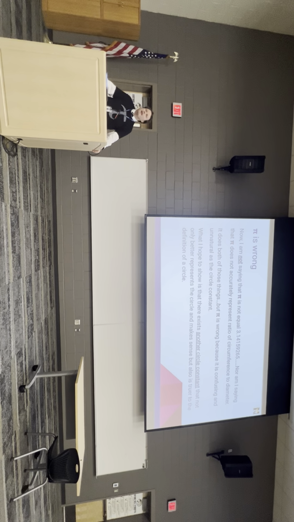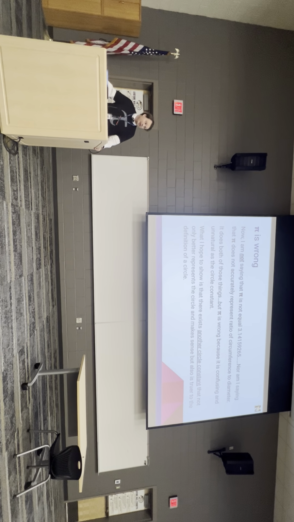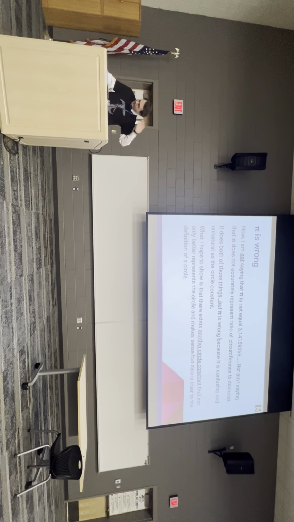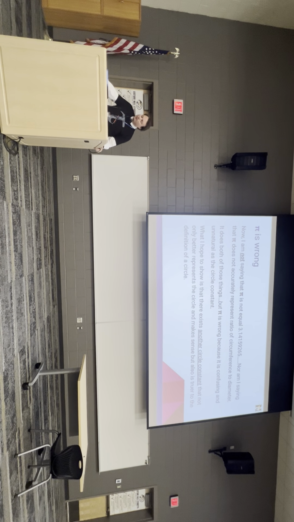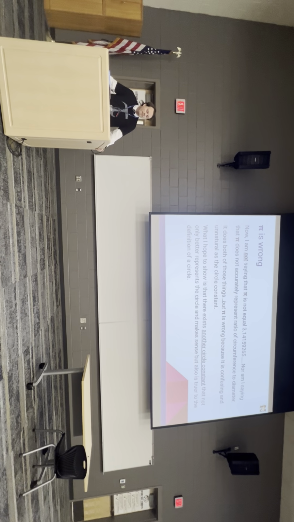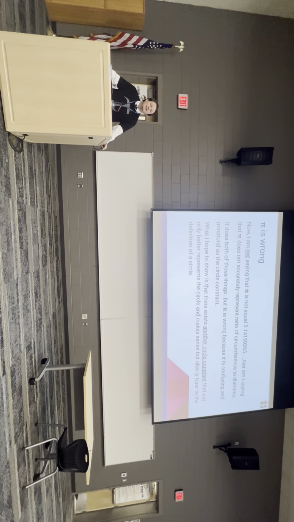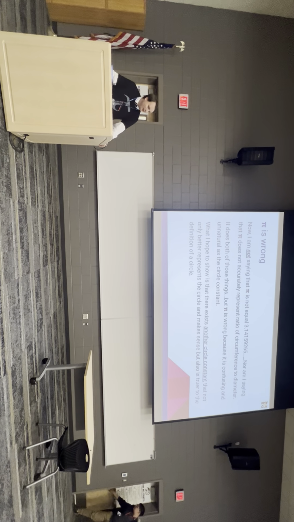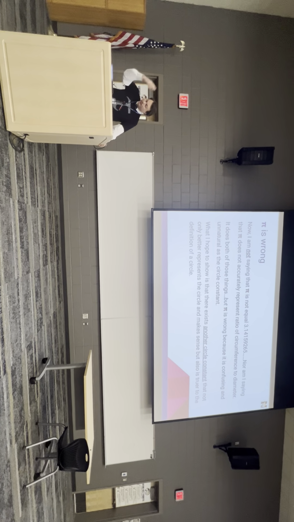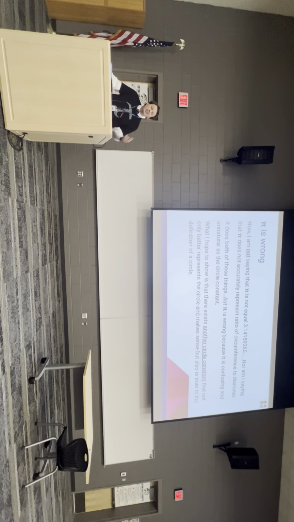Now, I'm not saying that pi is not equal to 3.14159265, nor am I saying that pi doesn't accurately represent the ratio of circumference to diameter. I don't mean pi is wrong mathematically in any way. What I do mean is that pi is not the best number to represent it, because pi is wrong in the sense that it's confusing and unnatural